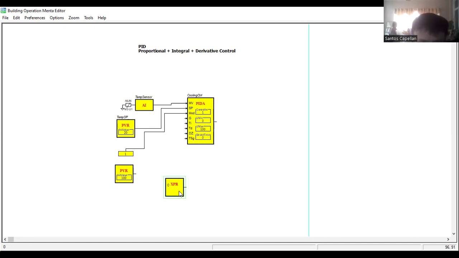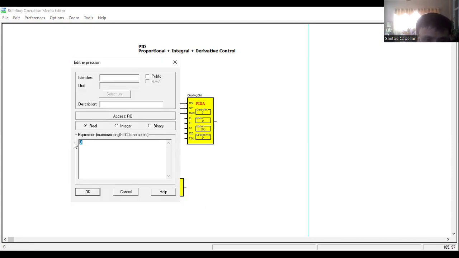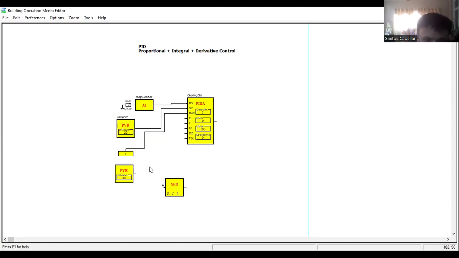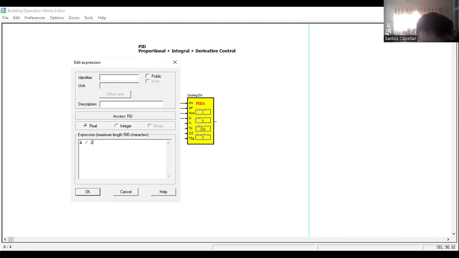I will make here real A, so it should be capital, divided by 4. So that's my expression. Meaning I will divide this input, or this PVR, which is 100, by 4. Then I will use it as my gain. Or I should make it 25. See? So I will divide it 25.